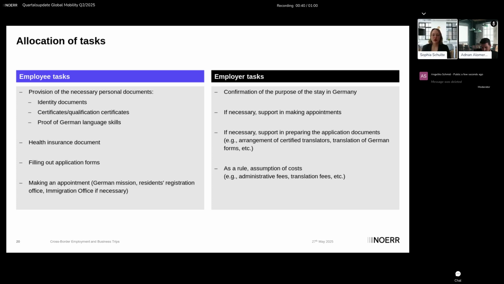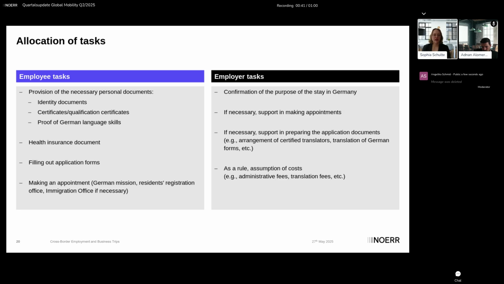Who's responsible for what in this process? It's important to know that there are some tasks only the employees can fulfill. There are some tasks the employer is responsible for. So, of course, the provision of all the necessary documents, the personal documents of the employees, the identity documents, certificates, qualification certificates, proof of German language skills if necessary. All these documents